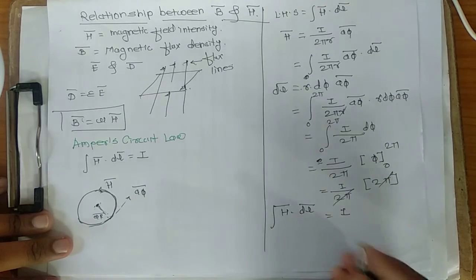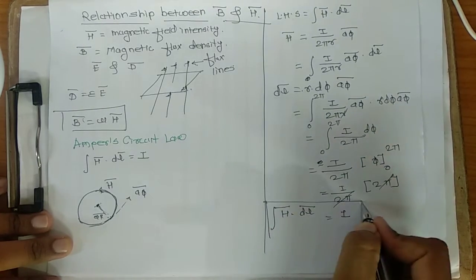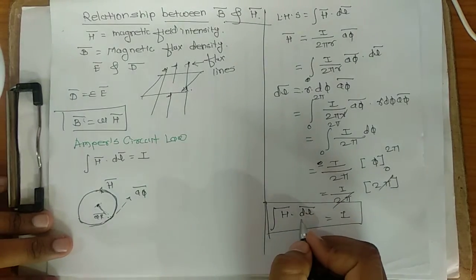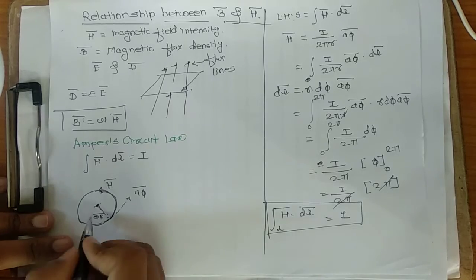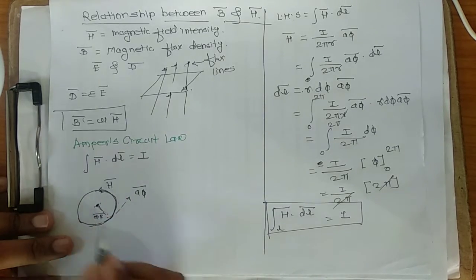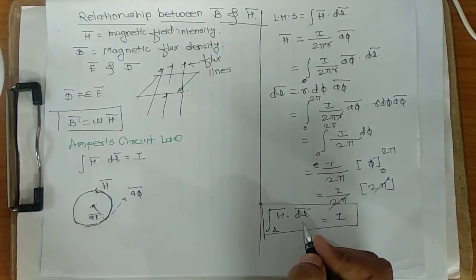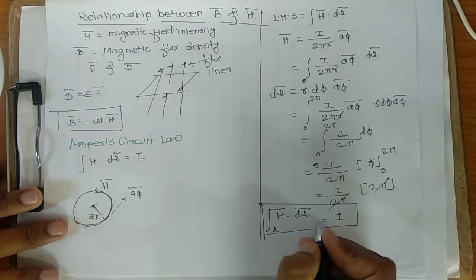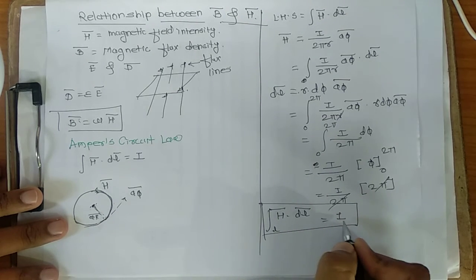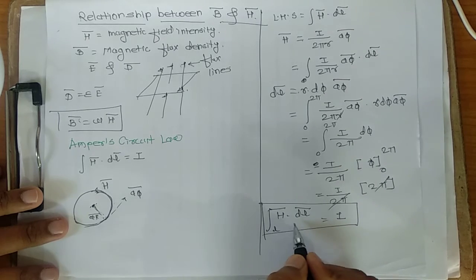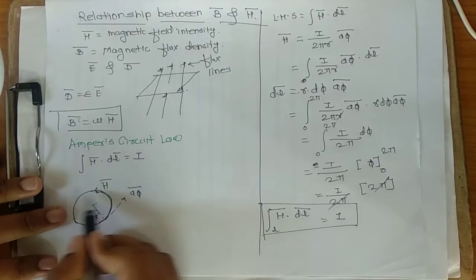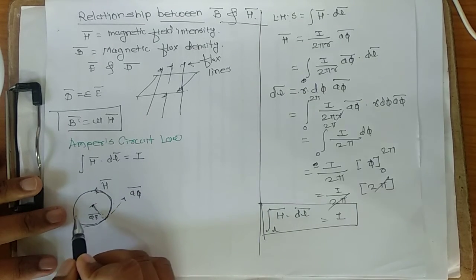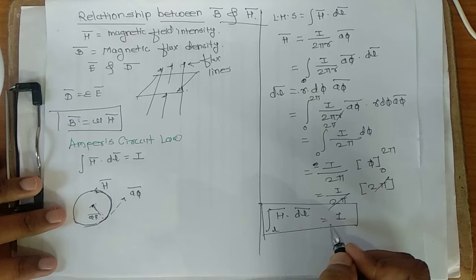So what is the statement for this? The line integral, why is it called a line integral? Because it is going through this line. So we call it the line integral of h bar around a single closed path is equal to the current enclosed by that path. Means suppose h bar, the magnetic field intensity, enclosed by that particular closed path. See that it is important that it should be a closed path. Then the current enclosed by that